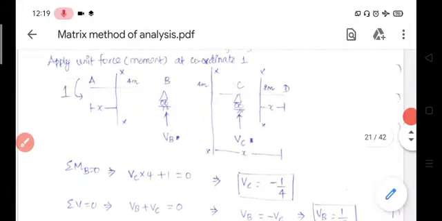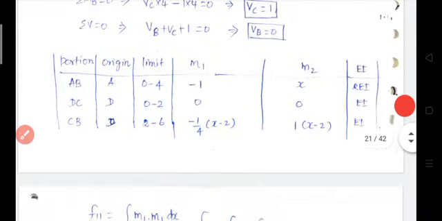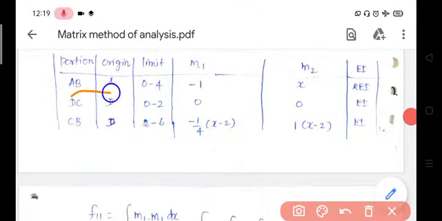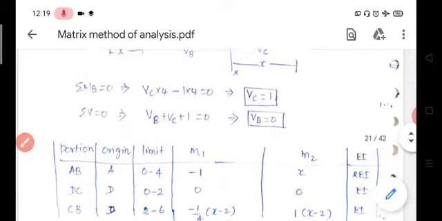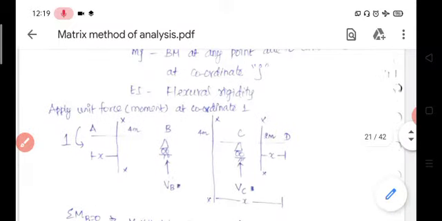If x is equal to 0, it is at A, and at B x is equal to 4 meter. So, now the bending moment m1 is equal to, it creates a hogging moment, minus 1. Okay. So, for portion AB, origin A, limit 0 to 4, m1 is equal to minus 1. Then for the CD portion,